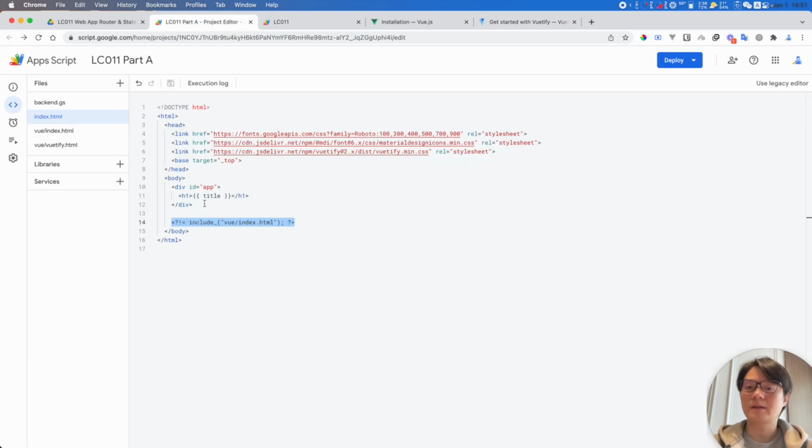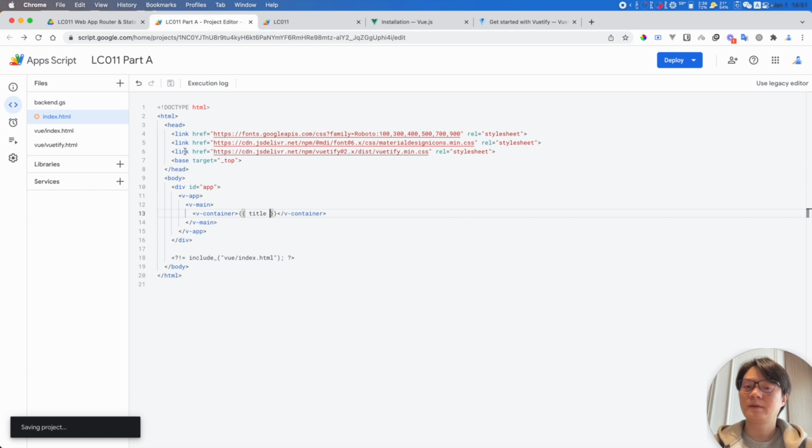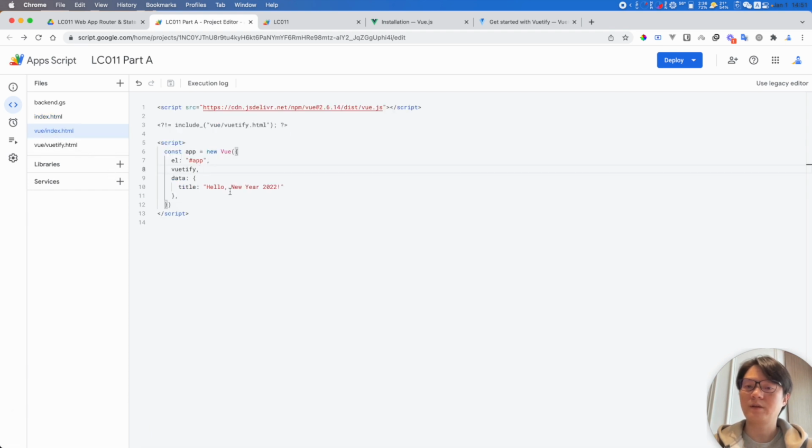So they are not standard HTML tags, right? So I just paste them here, and I'd like to use the title here, and I'd like to change the value here, hello Vuetify,